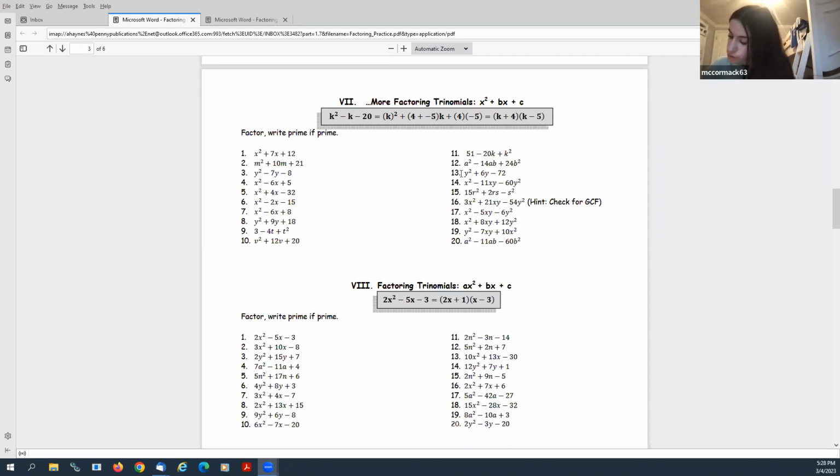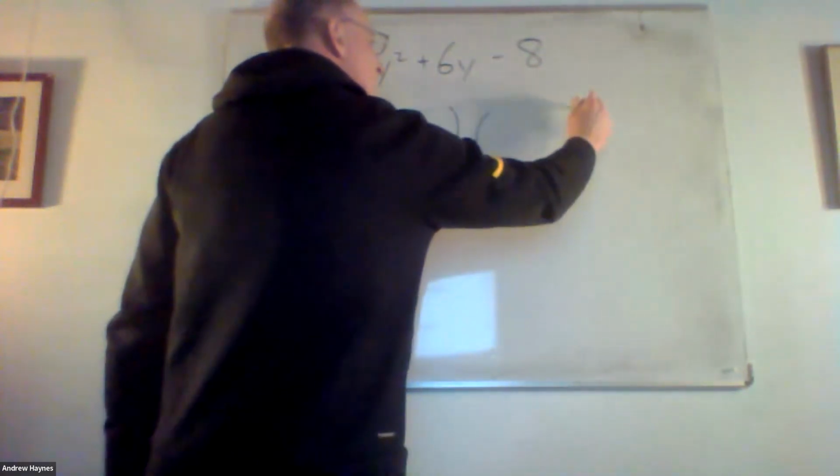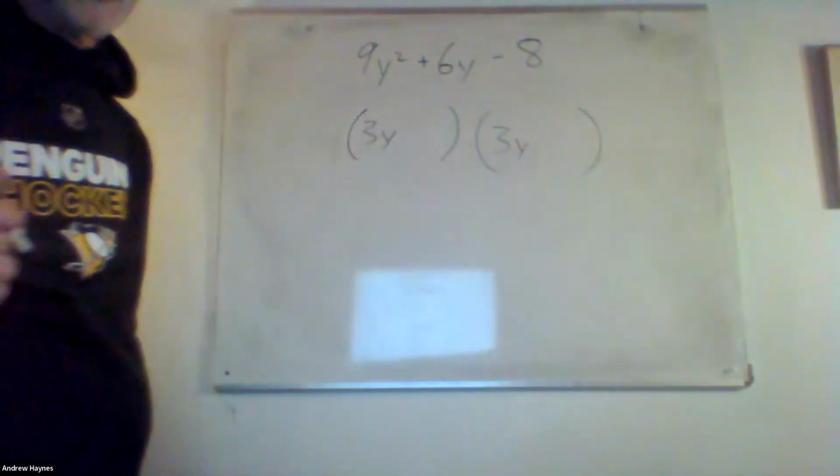I'm confused. I don't know how to do it. All right, well, like I said, this one's tough. It has a lot of options. So am I supposed to break the 9 down into 3? Okay, so that's the one I would definitely start with because that's the easiest one to deal with. Yeah. So if we do it 3y and 3y, it's easy to deal with because